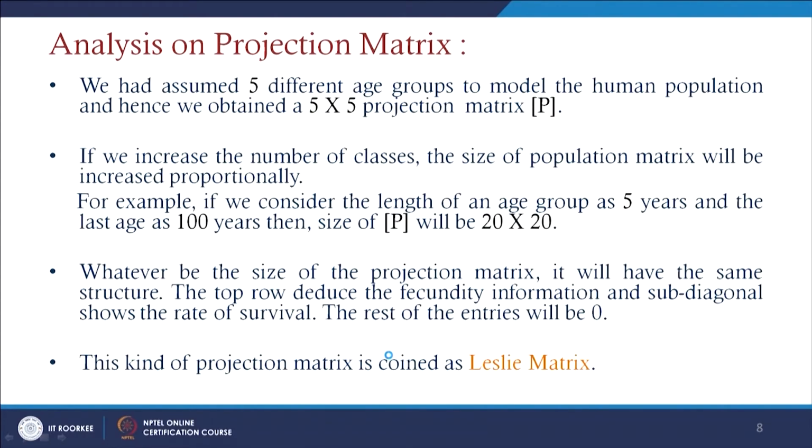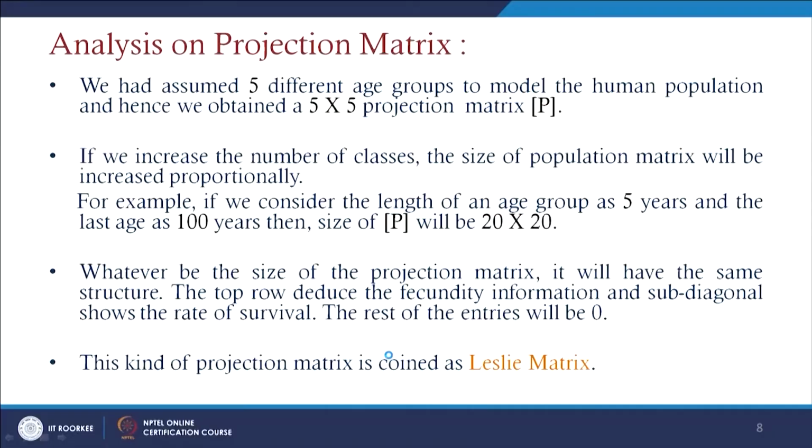And if we go for further analysis, we had assumed 5 different age groups to model the human population here, and hence we obtained a 5 by 5 projection matrix. If you classify this model into, say, 20 different age groups, then we will have a 20 by 20 matrix here. So, if we increase the number of classes, the size of the population matrix will also increase proportionally. For example, if we consider the length of an age group as 5 years,